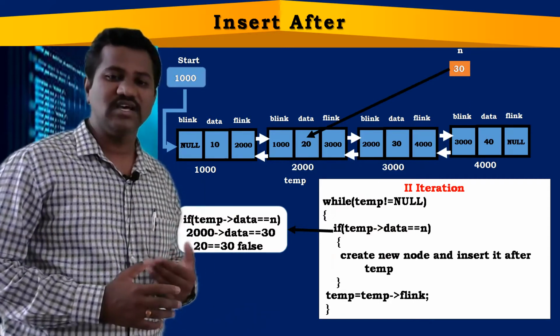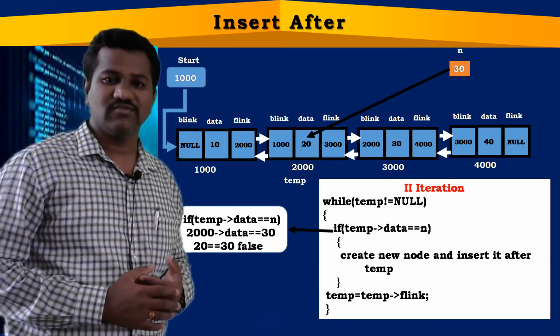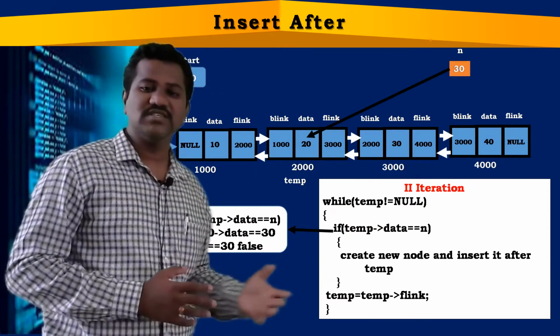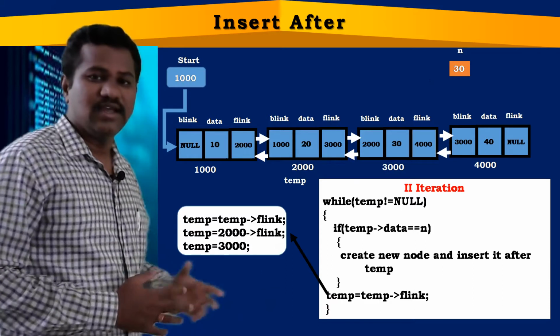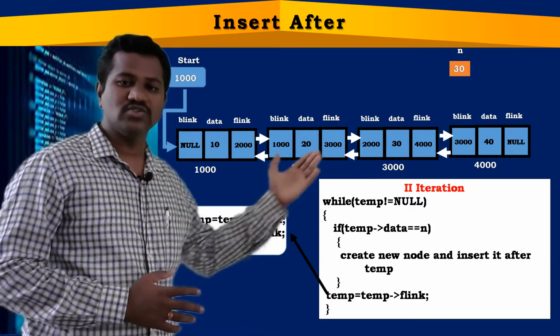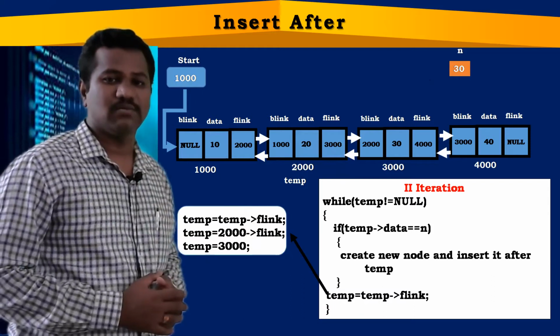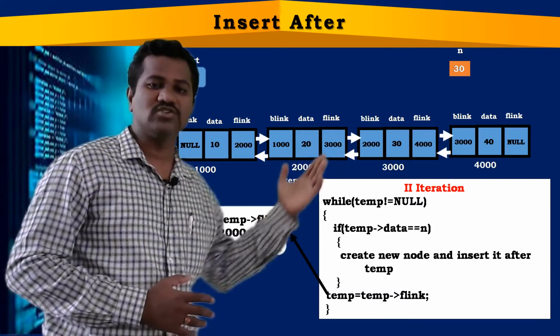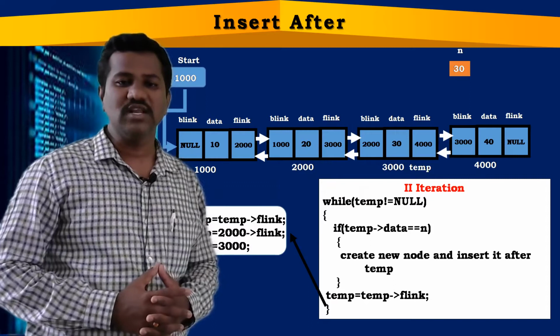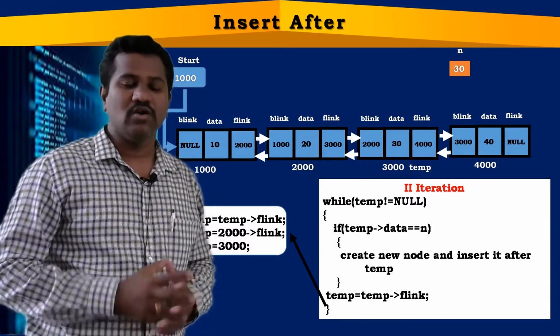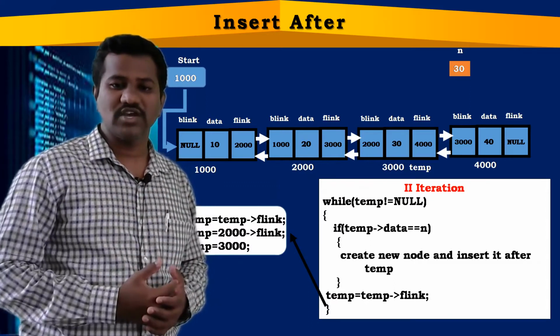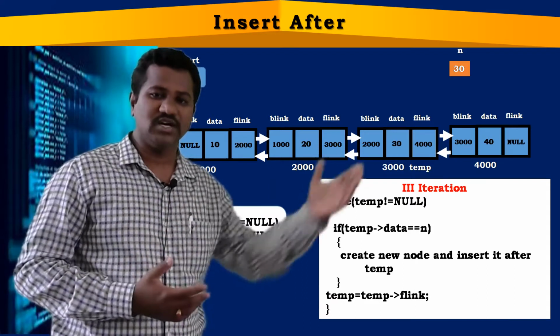And then it goes with the instruction that is there after the if part. What is that instruction? Temp is assigned with temp forward link. Temp assigned with temp forward link means the 2000 forward link will have 3000, and that 3000 is stored in temp. So temp moves from this 2000 memory location to the 3000 memory location. Now, after going to this 3000 memory location, again we'll be checking the while loop, third iteration,